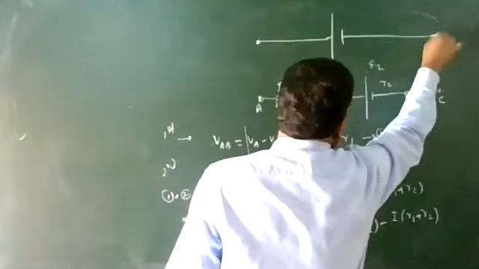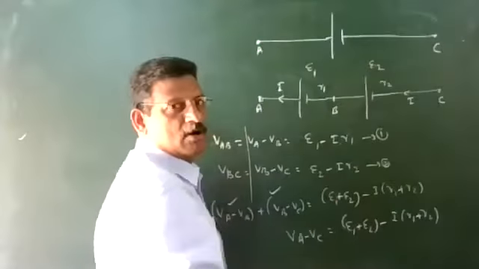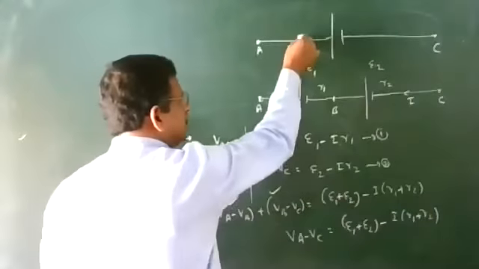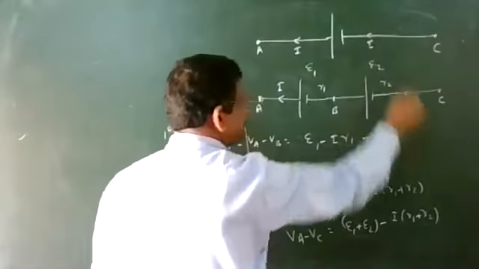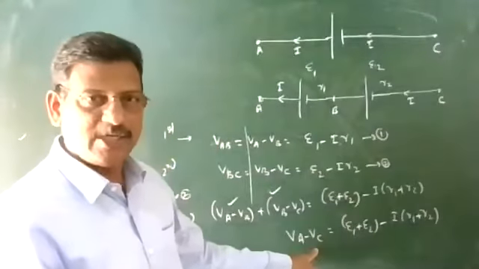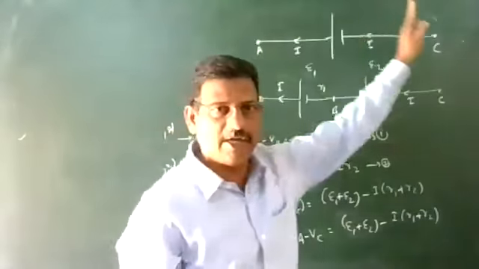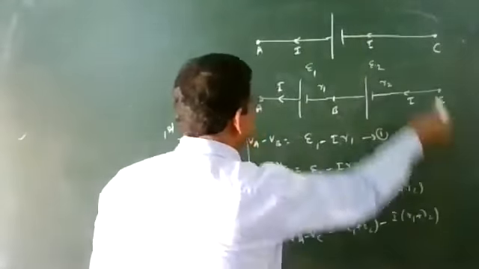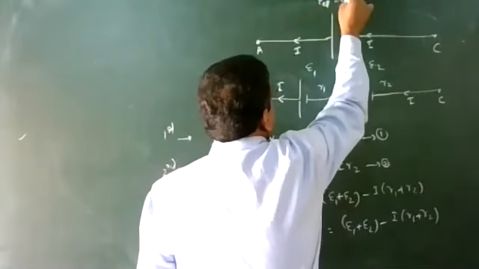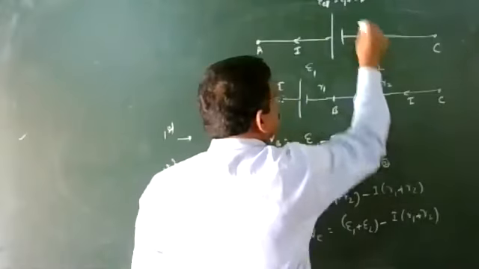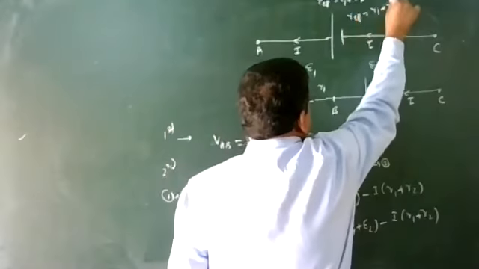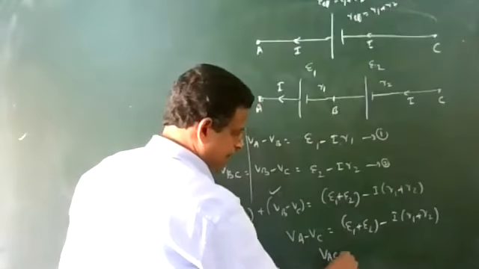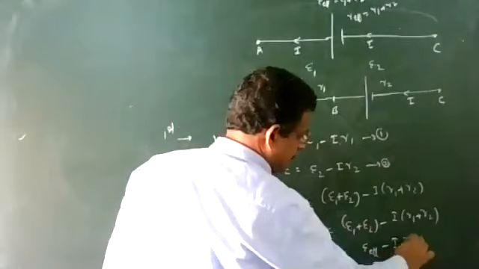Here, बराबर काम करने वाला cell है between the points A and C, and this we call the effective cell, the equivalent cell. When it is connected between A and C, the same current is going to pass. So VA minus VC stands for the potential difference between the points A and C. I write E effective is equal to E1 plus E2, and R effective is equal to R1 plus R. So this equation I can rewrite in the format: PD between the points A and C equals E effective minus I into R effective.